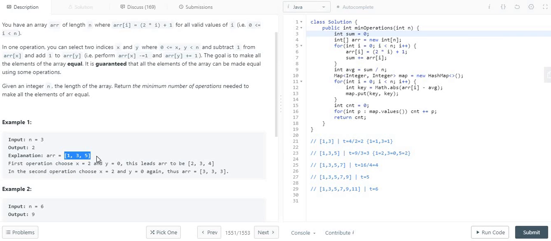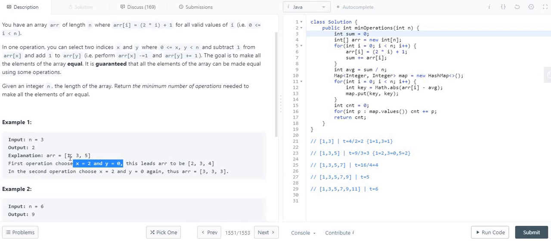Based on that, we have to perform this operation the minimum number of times and get all the array elements equal. So let's say this is an array which holds the values 1, 3, 5. In the first operation, we choose x equal to 2 and y equal to 0 as the indices. For y equal to 0, array of 0 holds the value 1, so we add 1 to it and it becomes 2.